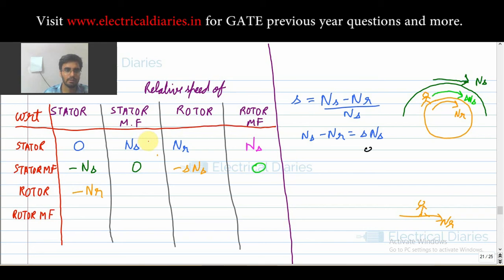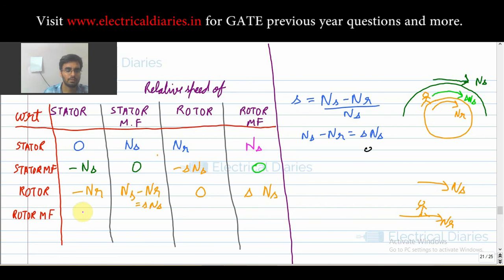Now the speed of stator magnetic field with respect to rotor. See, stator magnetic field is moving in this direction, ns. This rotor is moving in this direction, nr. So when you observe this, the speed will be ns minus nr. That is, I will see that my stator magnetic field is moving with the speed of ns minus nr, that is equal to s ns. Now relative speed of rotor with respect to rotor will be 0, as I hope you know. Now the speed of rotor magnetic field with respect to rotor we have already calculated, it will be s ns.